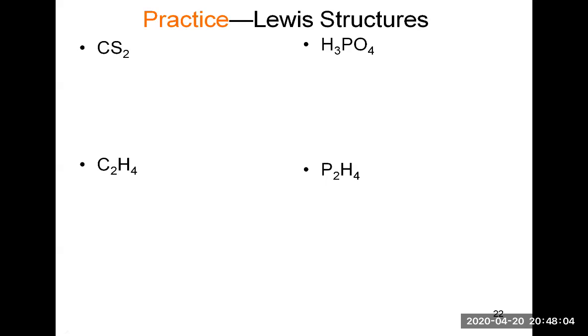So CS2. For CS2, you will want to place the carbon in the center, surrounded by the 2 sulfurs. You need to count the number of valence electrons. There are 4 from carbon plus 2 times 6 from the sulfurs, because sulfur comes from group 6A and has 6 valence electrons. So that's 12 for the 2 sulfurs plus 4 from the carbon. That's 16 electrons for